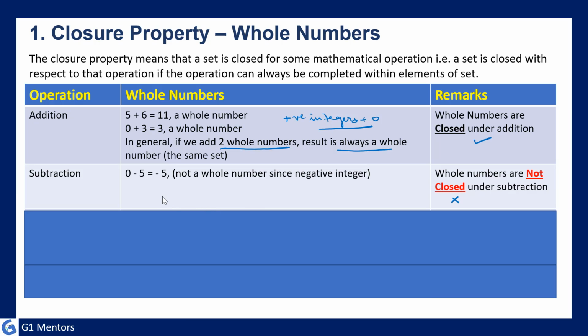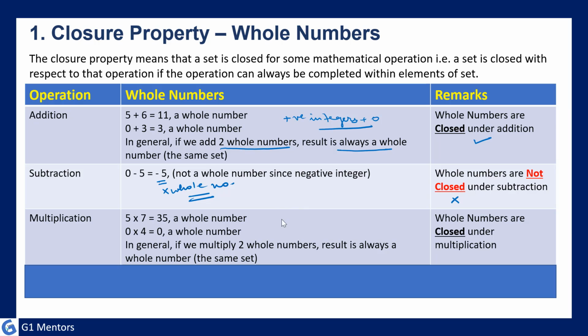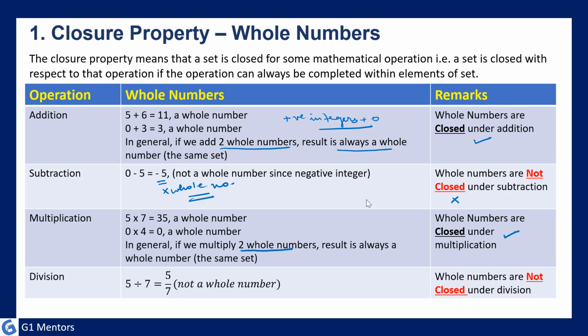For example, 0 minus 5 is equal to minus 5, which is not a whole number. So if we subtract two whole numbers, it is not necessary that we will get a whole number itself. If we see multiplication, multiplying two whole numbers always gives a whole number. So whole numbers are closed under multiplication, whereas since a whole number is also an integer, whole numbers are not